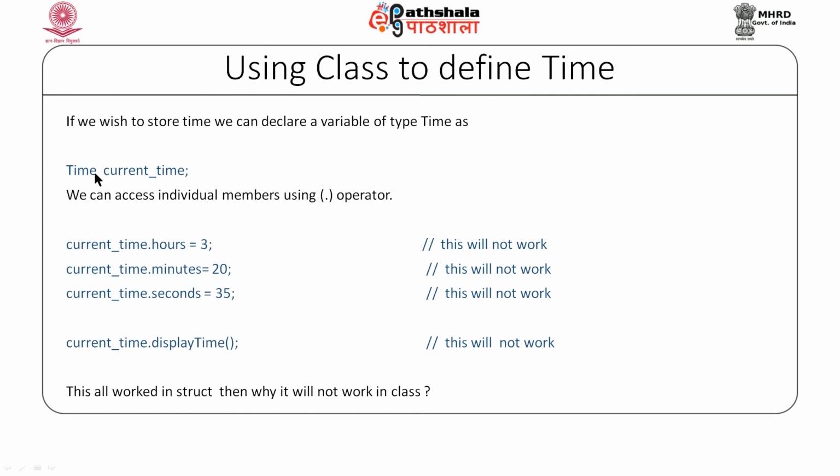Now I am assuming that these statements are written in the main function or any other function. So, in any other function or in the main function, these members are not available. These members can be accessed only inside the class. So, the data members as well as member functions are all defined as private in the class. Therefore, outside the class, to any function they will not be accessible.